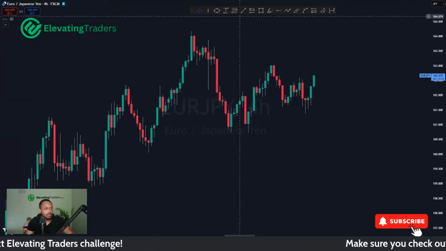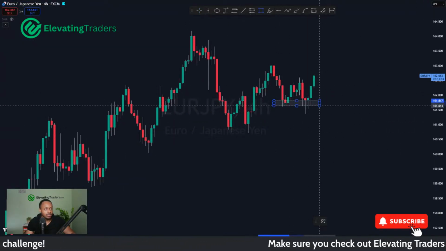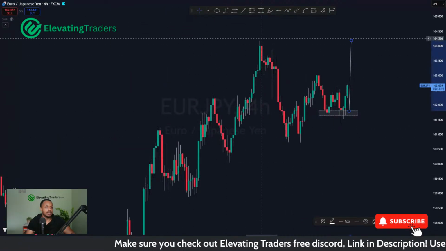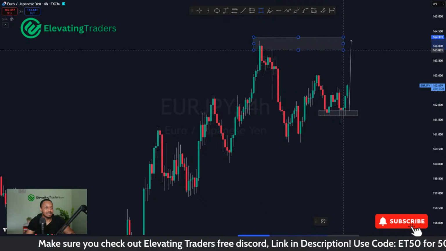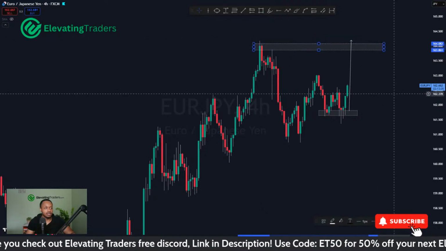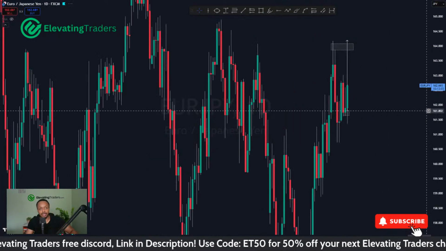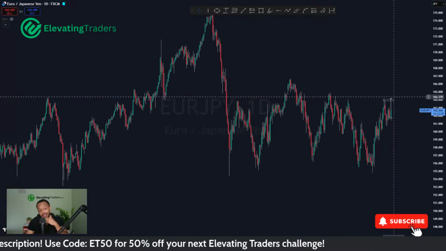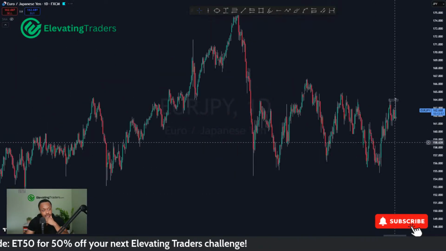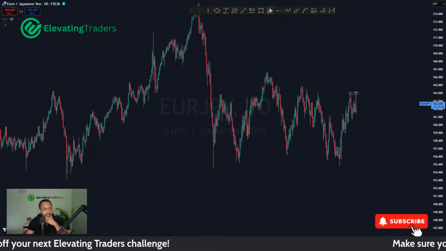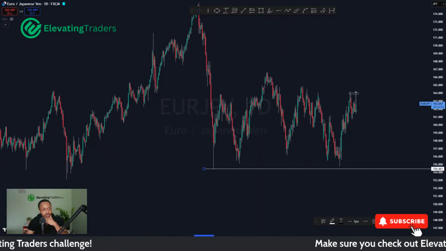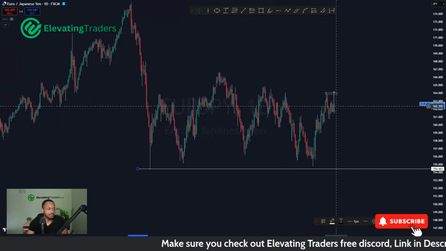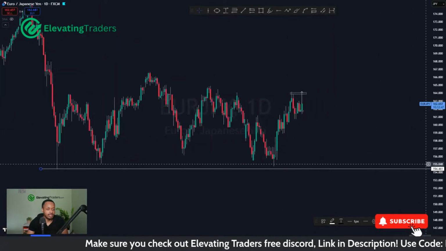And it's looking like we're finding support here as well in the 4-hour chart. I wonder if we'll now push to the upside here, possibly back into resistance there too. So it looks like euro yen might see another push to the upside as well. But don't get me wrong, if we get back to that high and see a solid rejection, I may look to just jump right back in because my expectation is still for support there to break. And we're still in that vicinity for a lower high.